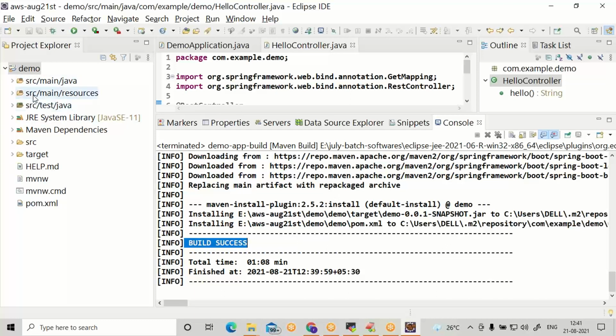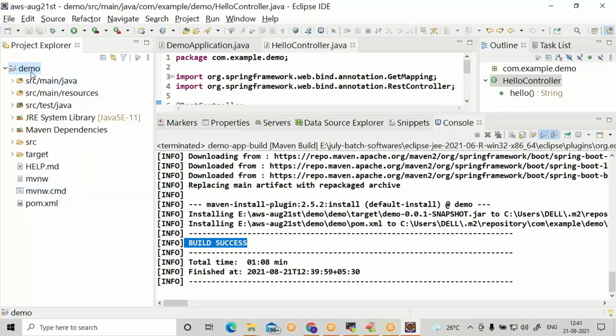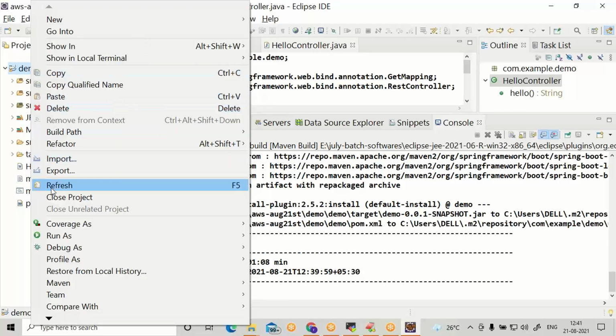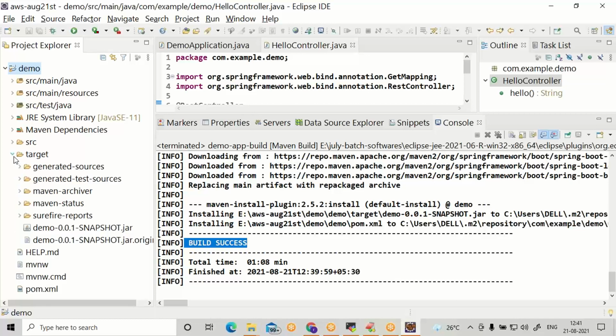Afterwards, refresh your project. Right click on demo, refresh. Then expand target. You can see two jar files here.